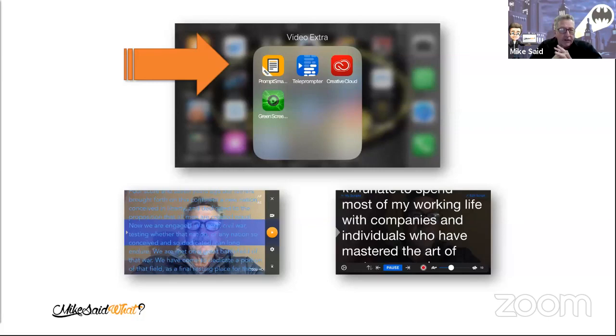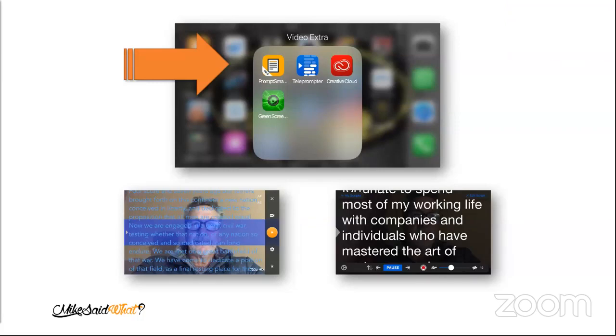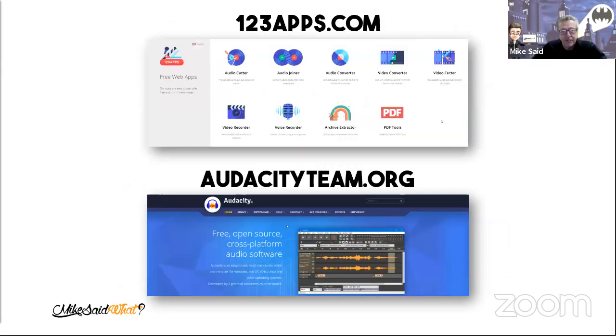So now you've recorded the sound and you need to cut your sound up. So there are two places where I go when I need to cut up my sound. The first thing is something called 123apps.com. Now 123apps.com is absolutely phenomenal free online editing. From an audio cutter to an audio joiner to a converter to a video converter to cutter, PDF tools, absolutely free, unbelievable. Audio joiner, pop in 2 songs, 3 songs, 4 songs, cut them up there, mix them, export them,